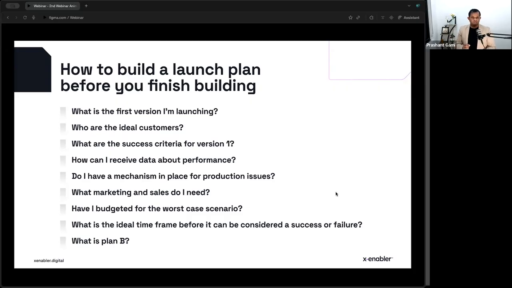And have you actually budgeted for the worst case scenario? Let's say you projected that, okay, if I do this, I'm going to get 10,000 users in the first quarter, 100,000 in a year, and so on. But what if you don't? What if you only get 1,000 users in one year's time? Have you calculated whether your business can run for at least 3 years, right? 3 to 5 years is the minimum period that you need to pivot, to change the direction, to fix what you found in production, to solve the problem, and until you become profitable and all that.